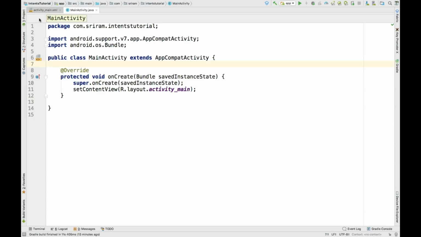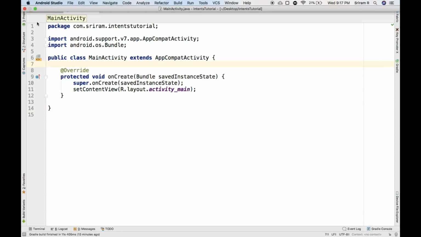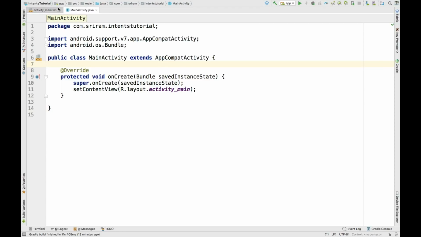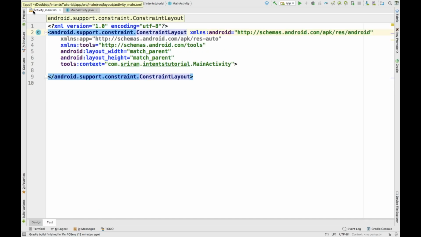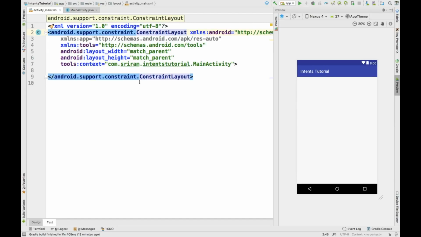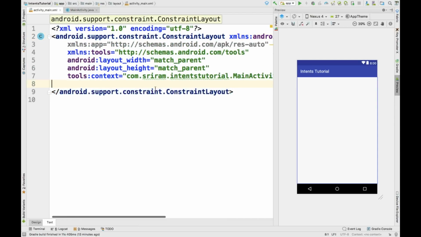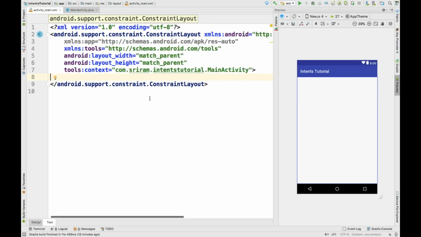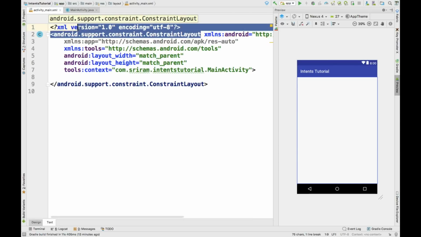I've created a basic project called intents tutorial. Create a basic project with an empty activity. Let's go to activity_main.xml. I think this is too much zoom. All right, I'm going to go up here and instead of this constraint layout, I'm going to have something called